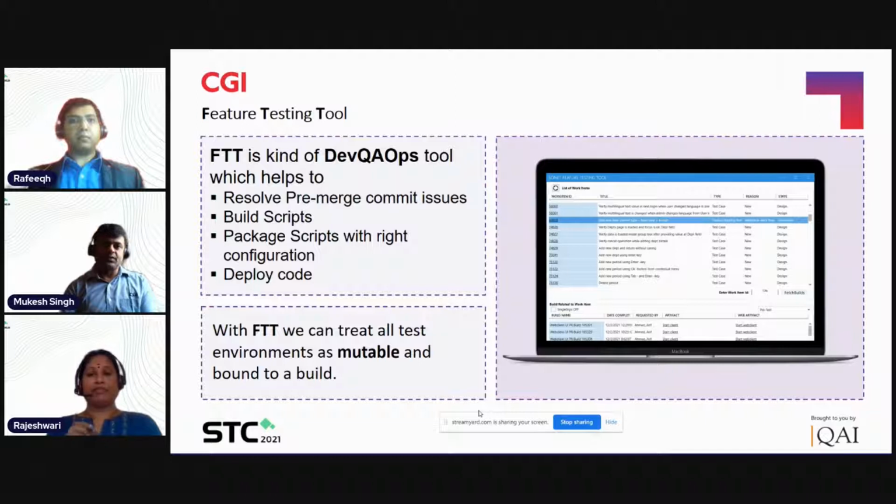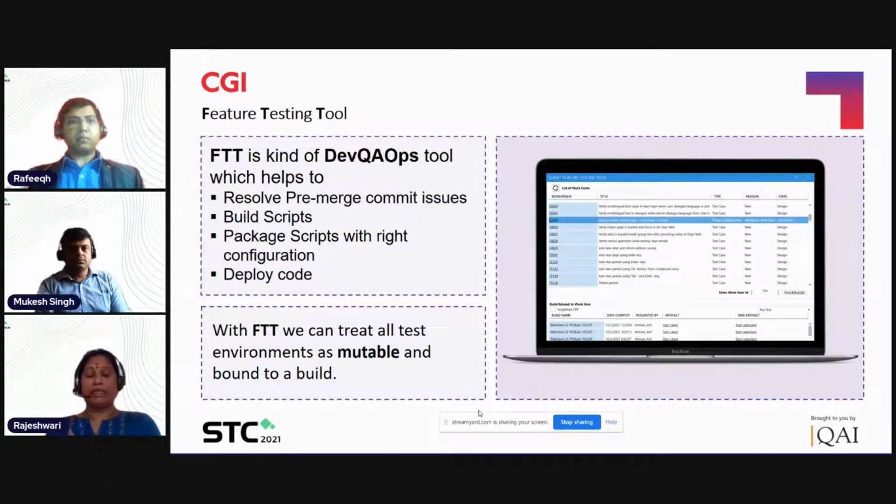So for every commit that is made by the developer, even if it is a single line of code, we can do the testing in parallel. That is, the functional expert will be doing the testing for that particular piece of code, and the unit testing will be done by the developer. So we are working closely together, so that the quality of the code being deployed in the subsequent environment, say for example the QA environment, is greatly enhanced.